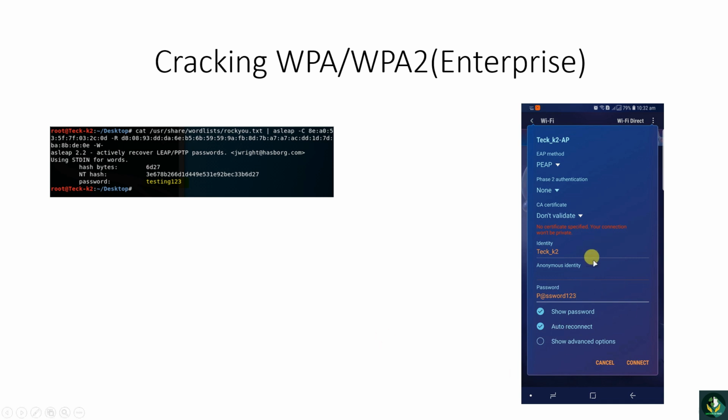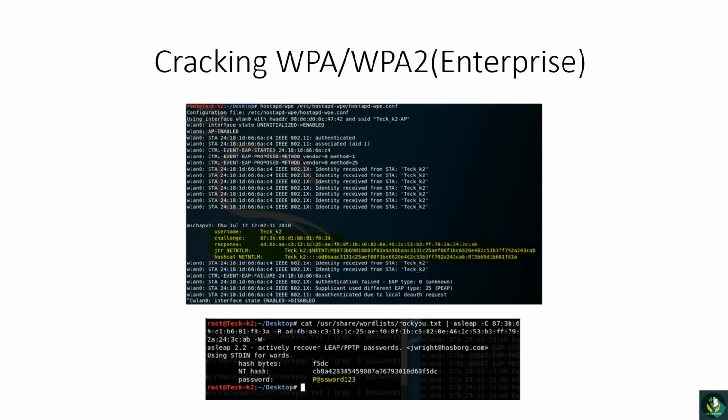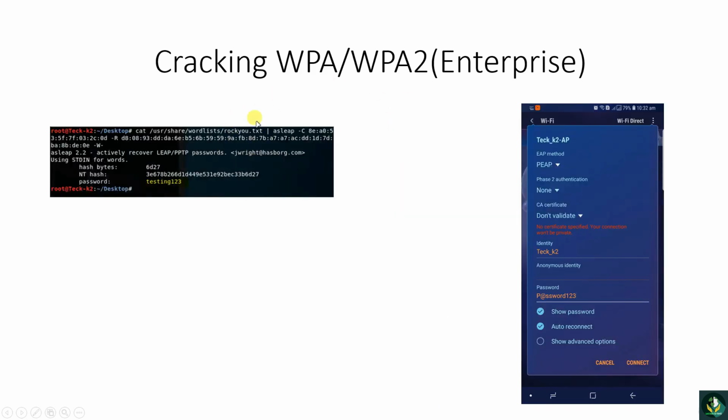As you can see, it will take a couple of minutes. After a couple of minutes, as you can see, it cracked the password, it is in here. But what if the password is not listed in any word list? If it isn't in here,